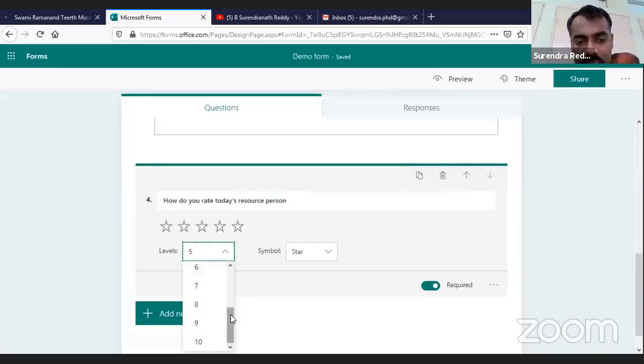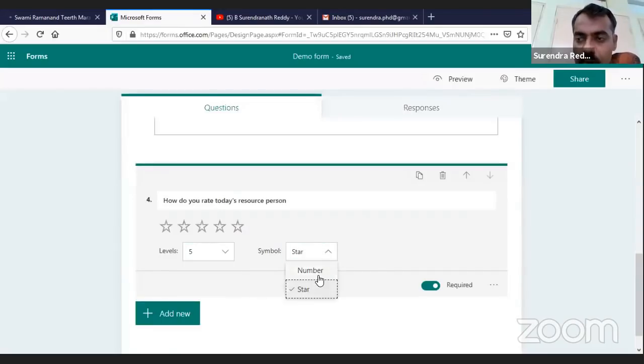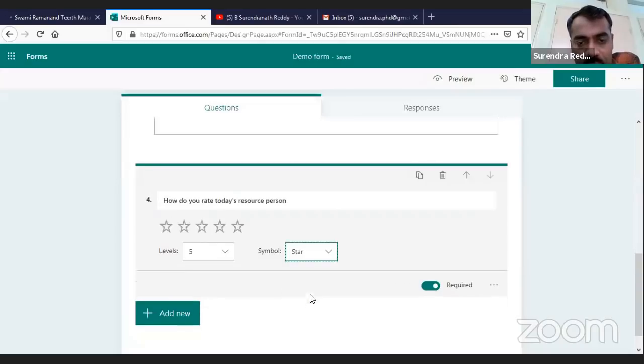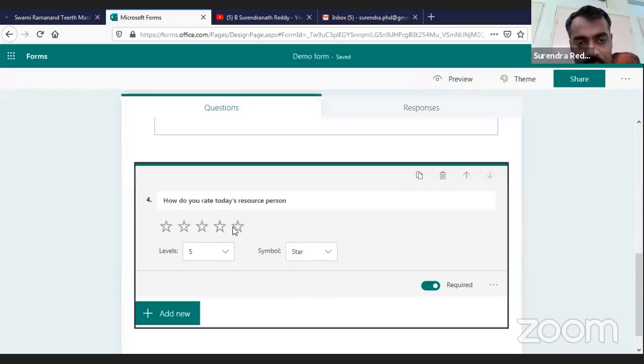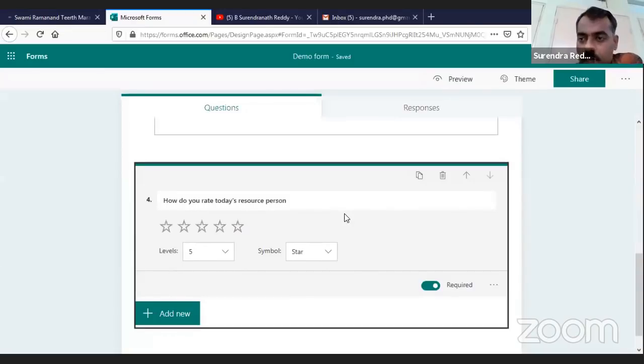Either you can select 5, 10, 4, whatever, or you also have the option to select star or number. For the pro version, they have other symbols like smile symbols and so on, but for the free version, number as well as star. If you click on star, then it will be 1, 2, 3, 4, 5, and you can select which one you want, like 3-star, 4-star, 5-star. In this way, one can get a rating for the resource person or our lecture.